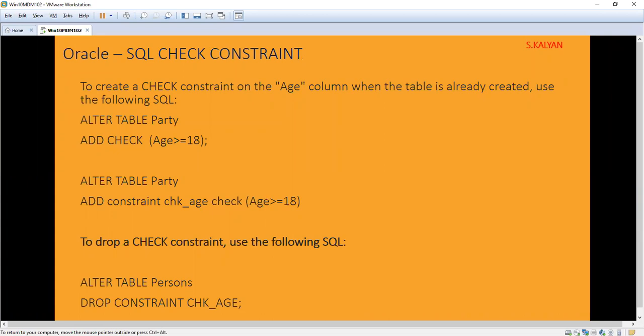For example, if I created the table without the constraint, later on we can add the check constraint. How can we do that? I will show an example.